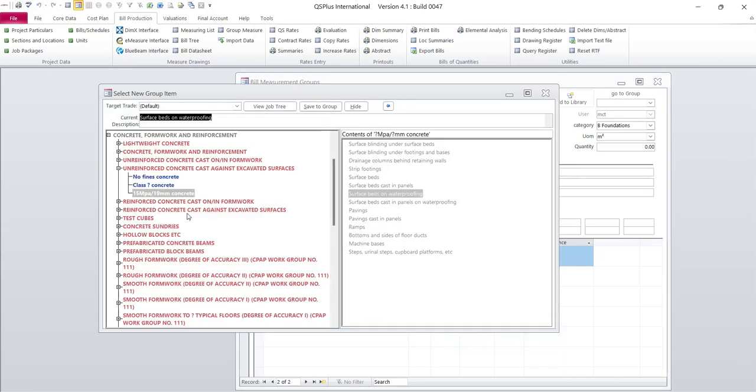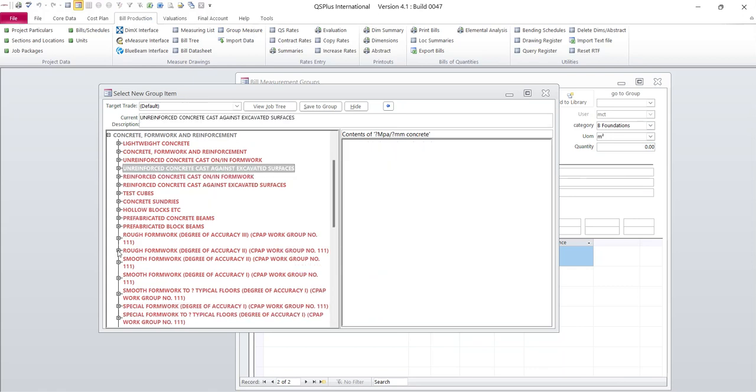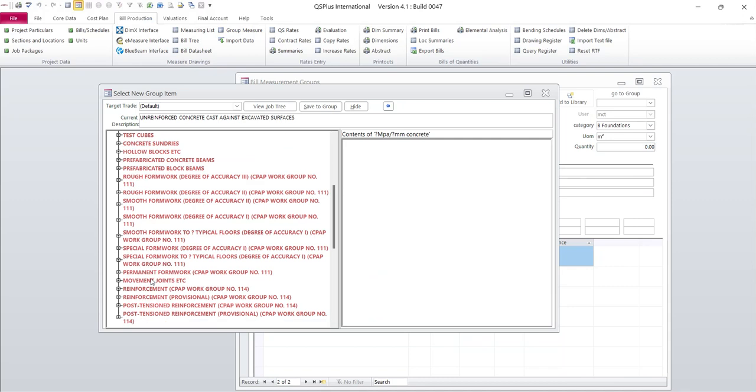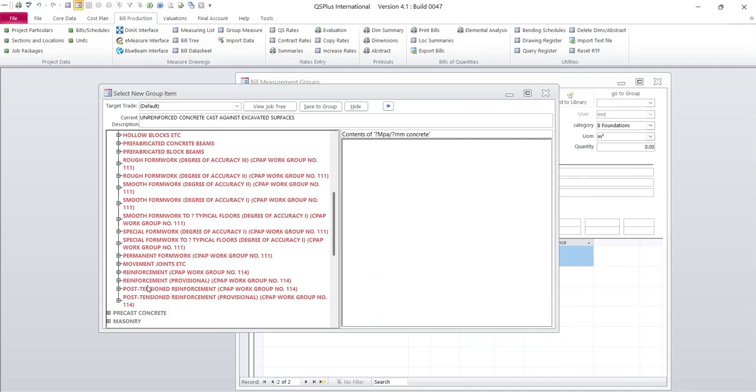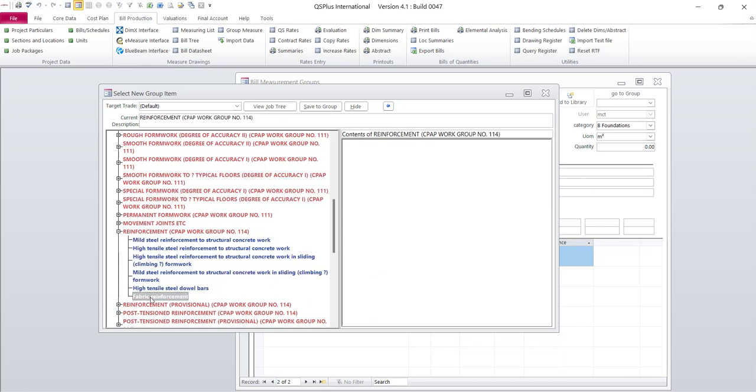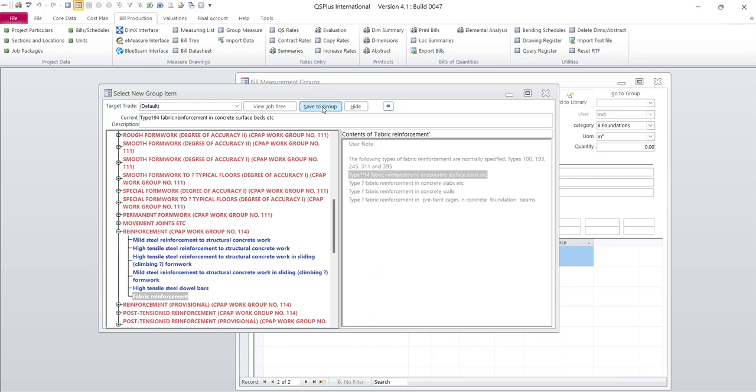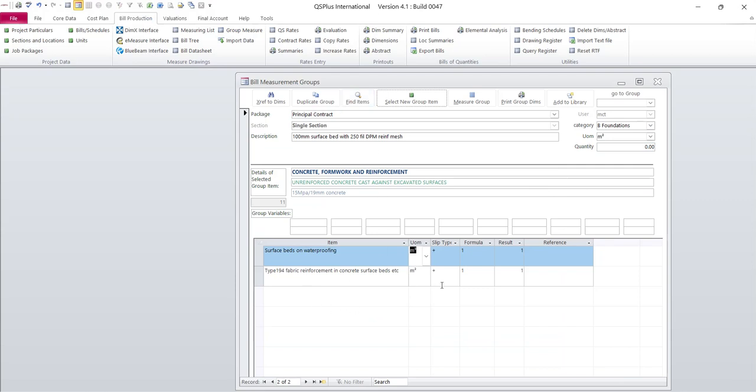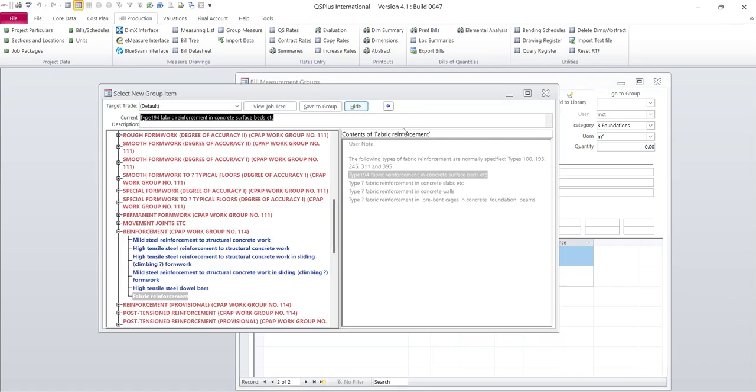Now we look for another item, and it's going to be the reinforcement, fabric reinforcement, and we're going to have, let's say, the 194, and we save that to the group. And we click hide, you'll see that's gone into the group, and then we're going to go back to the